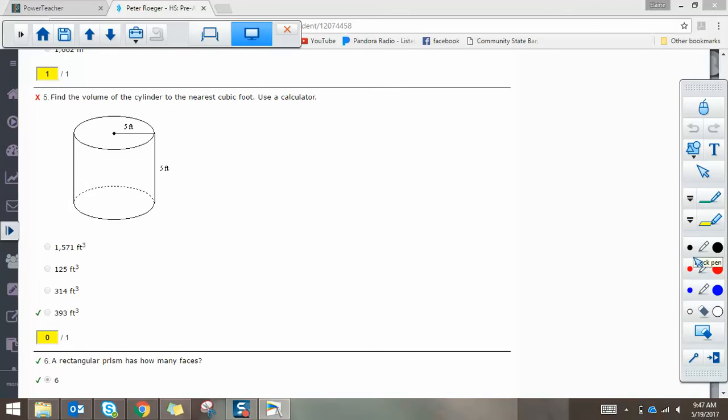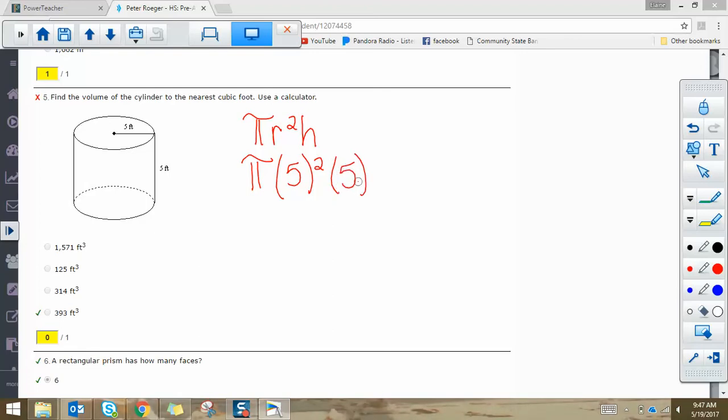So the formula for volume of a cylinder is pi r squared h, where r is the radius of the circle, so you can see that's 5, and h is the height of the cylinder from its two bases. So we're going to type in the calculator pi times 5 times 5, it's 5 squared, times 5 again, because that's the height. So in my calculator, I'm going to actually use the pi button, then times 5 times 5 times 5, and I get